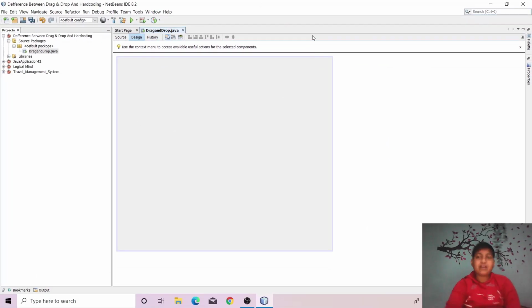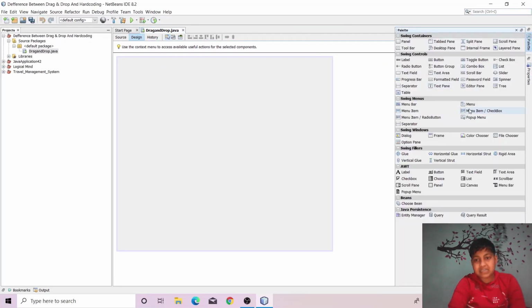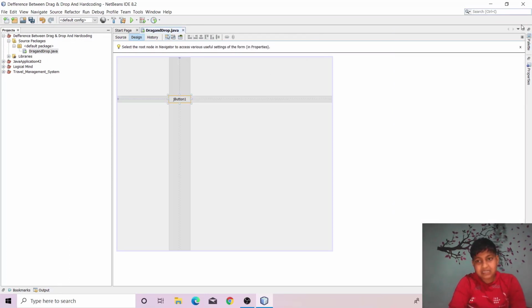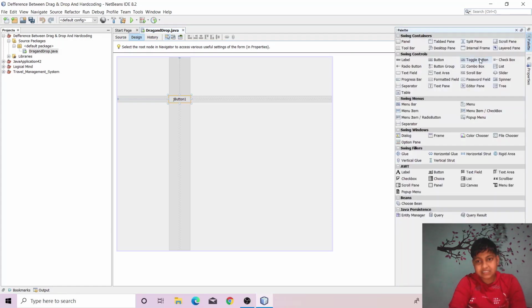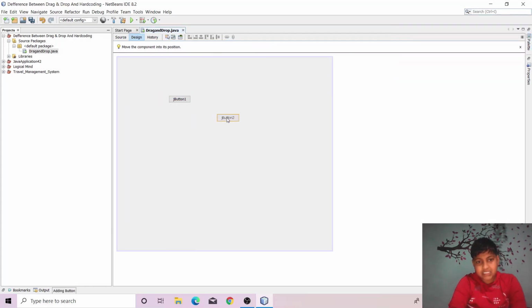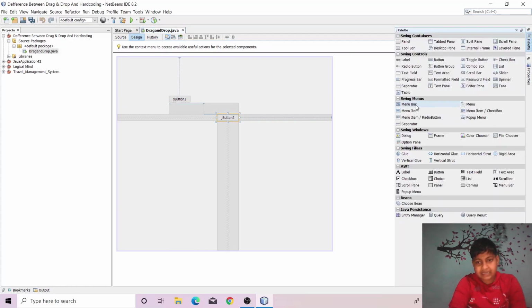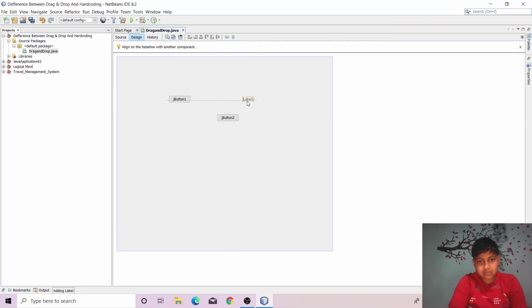So from the palette you can add components, like let me add a button here. You can add these buttons, or you can add a label also, as you can see, or a text pane.